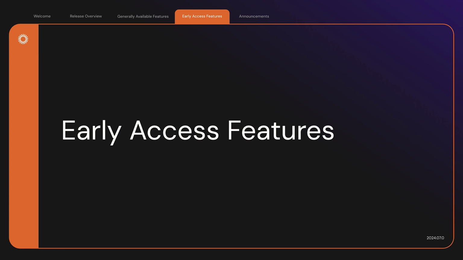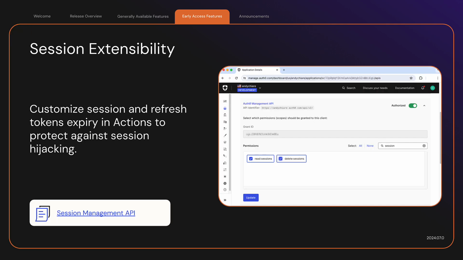Let's wrap up with a look at early access features. Session extensibility allows developers to access the session and refresh token information used in the online transaction, and make decisions based on this. This is very powerful information, allowing you to load all the stored context of that session in the past and make decisions. Methods like set expires at and revoke give developers the ability to enforce custom session termination policies